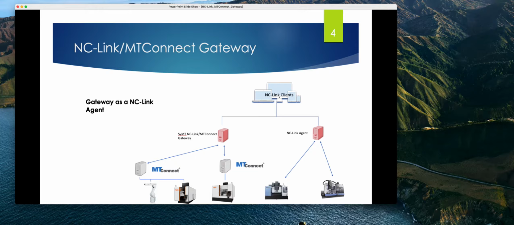The MC-Link MTConnect gateway can function in 2 modes. One is as an MTConnect gateway acting as the agent. This diagram depicts what it will look like. The gateway talks to the MTConnect agent and collects the information. It also presents itself as the MC-Link agent to the MC-Link clients or other applications. So it takes care of the MQTT management protocol. It manages who subscribes to what topics and things like that, and is also responsible for collecting the data from the